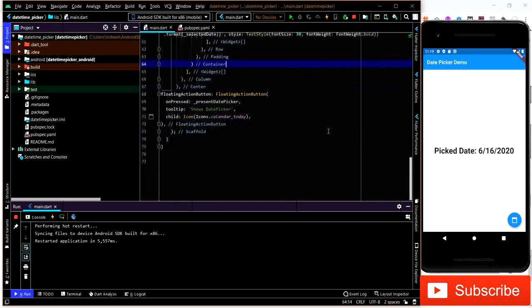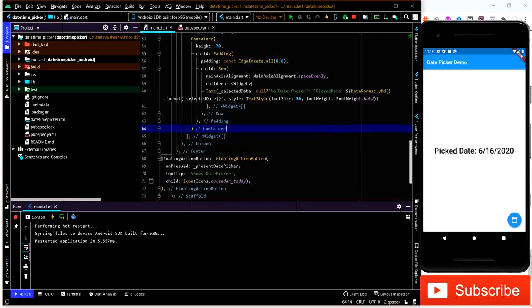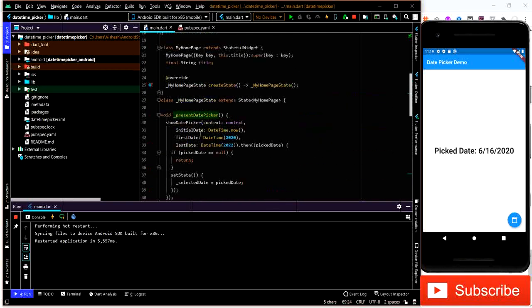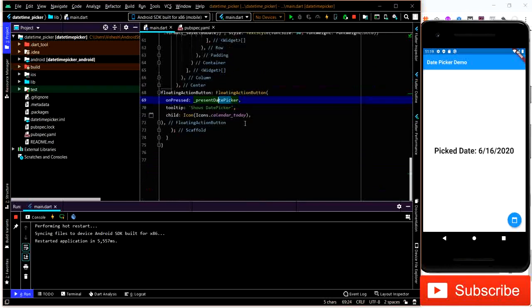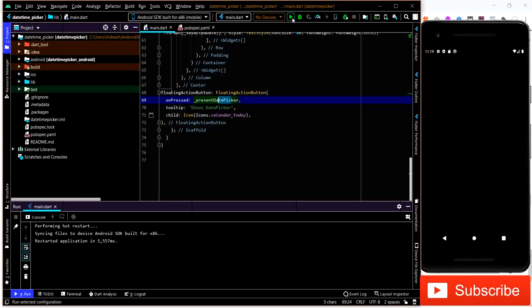So yes guys, now we are pretty much done with it. What we have done is we have created a floating action button which on press will run this function here. So this function is nothing but this function. It displays a date picker, and I'll stop it and run it again.